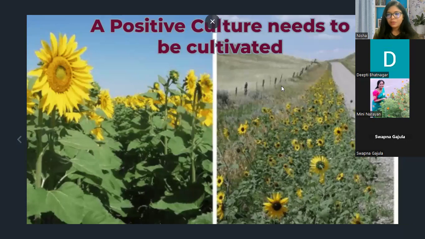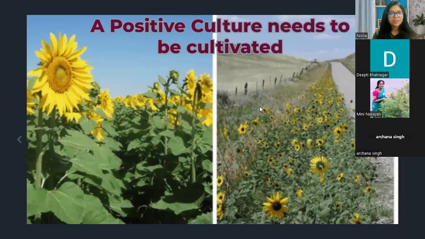Here I have shown you two pictures where we can see the difference. On my right hand side, sunflowers are growing on the roadside, whereas on the other side we can see sunflowers blooming to their full potential, where you can see they are being cultivated in a proper manner.